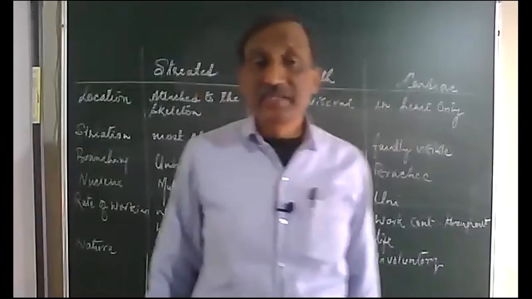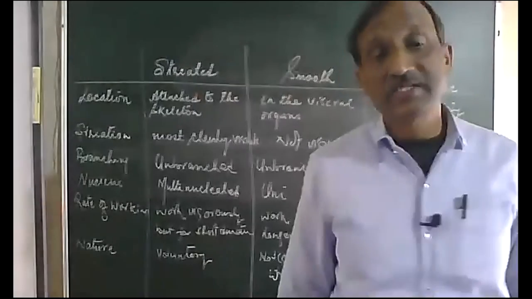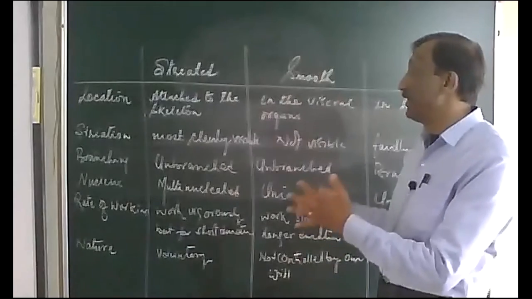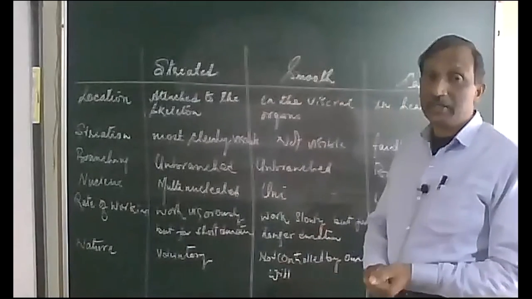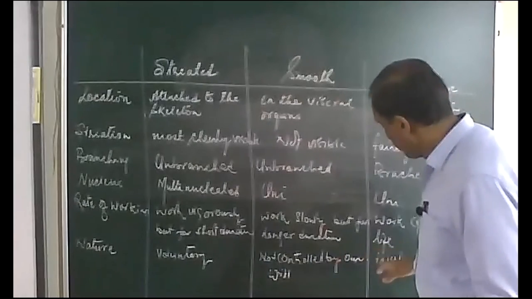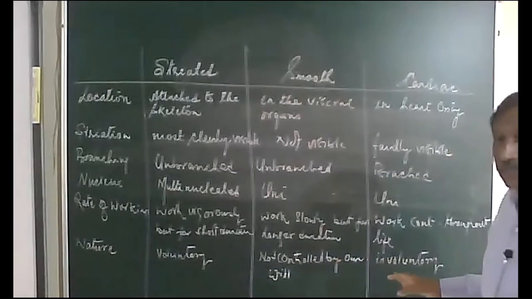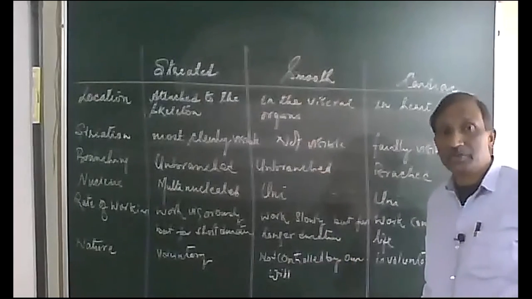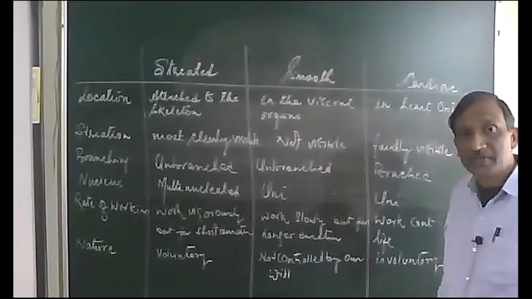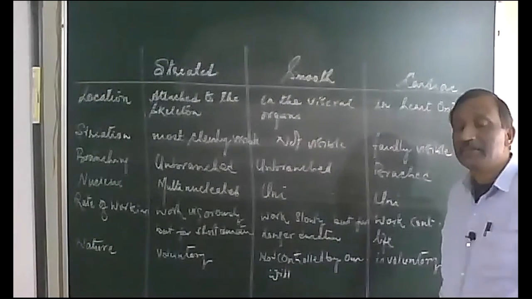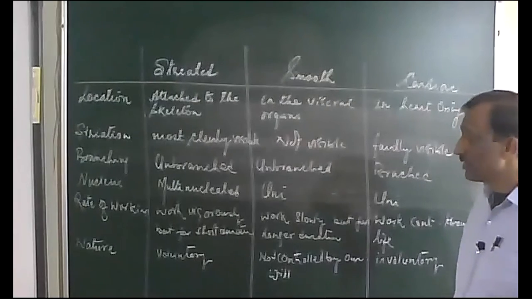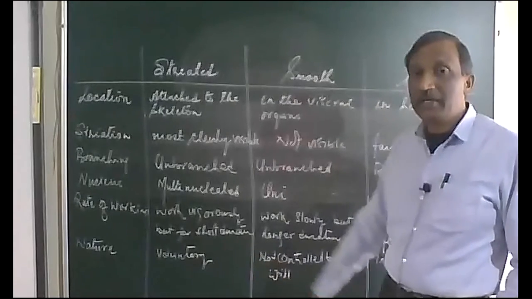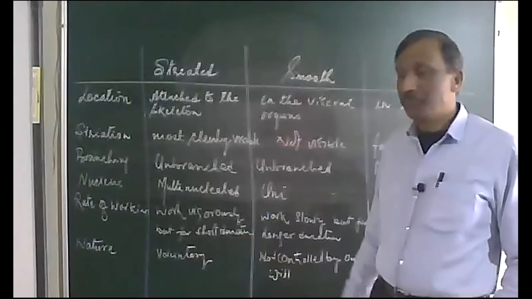Okay, so these are the differences in the three kinds of muscles. So you can see which part of the body should have what kind of muscles, depending on the kind of their function. You cannot ask the heart to stop working or get tired and wait for some time. Whereas the digestive system will have to work only for certain hours, and once the digestion is over, it stops working, or the rate of working reduces drastically. Whereas when we have to run, or do any activity as per our need, we can use them vigorously, but for a shorter duration.